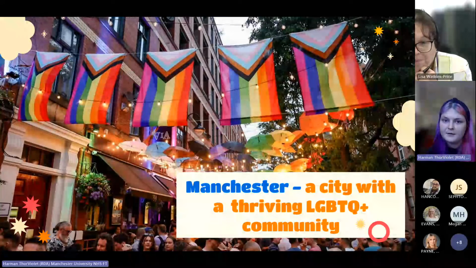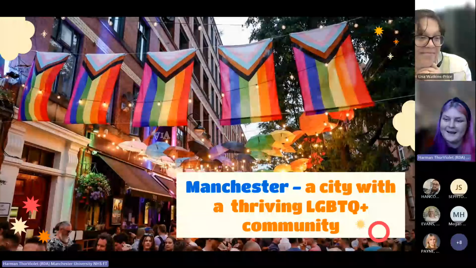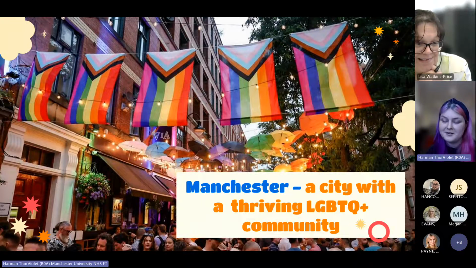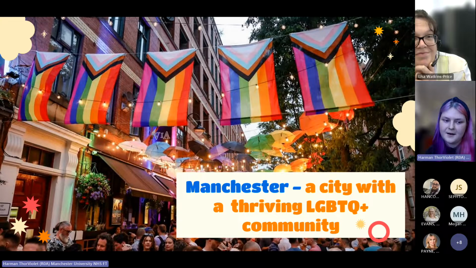For me, community looks like this. Living in Manchester, I moved from my hometown to Manchester pretty much as soon as I was able for this period in my life, because it gives a greater sense of belonging. Yes, it's Canal Street. There is a massive LGBTQ plus community here, and that is, like I say, a great source of support, and I'm very grateful for it.